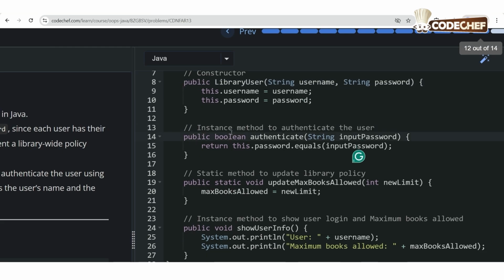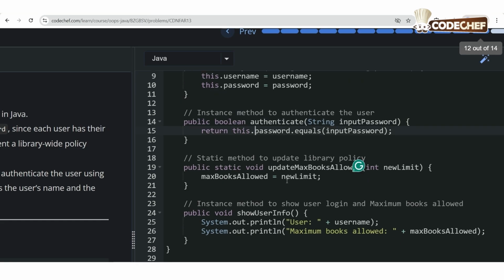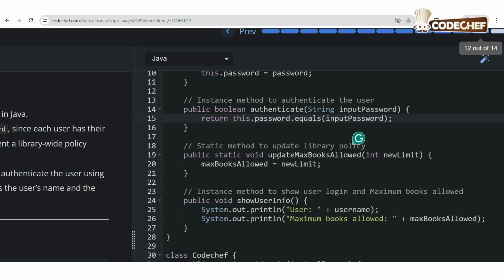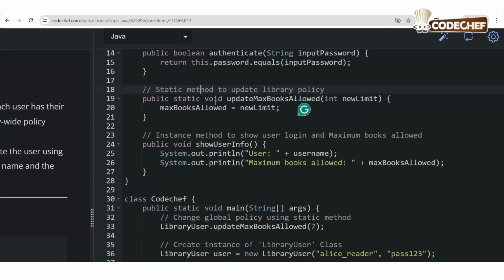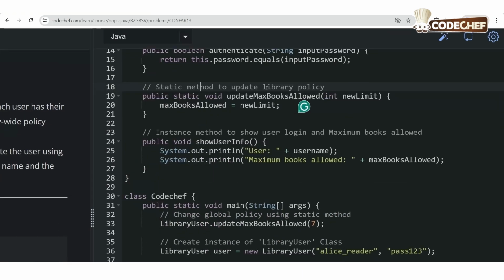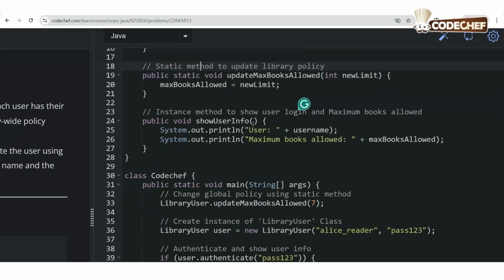We use a boolean function to authenticate a String input password and return whether this password equals our input password. Then we have a static method to update library policy. Our public static void updateMaxBooksAllowed, we have given a limit as 5, and we update the limit to a new limit.